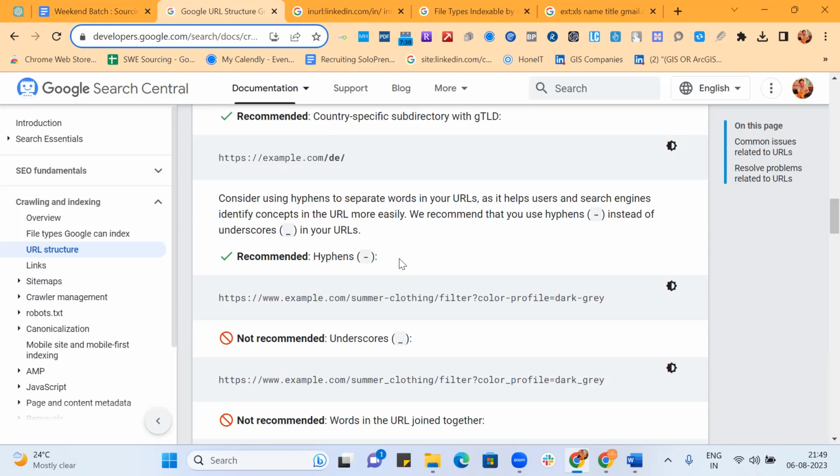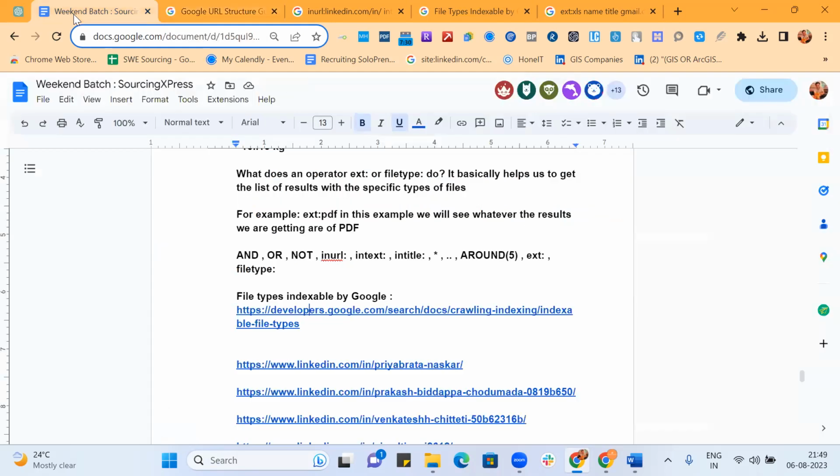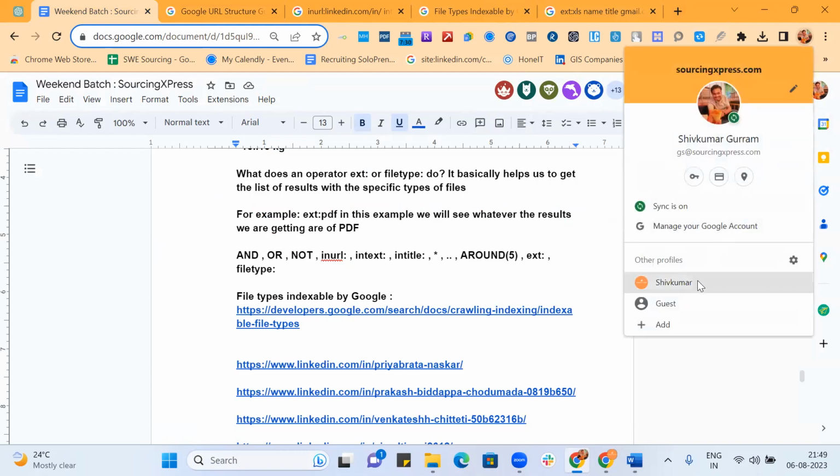So in today's and next session, we have level 2. And once we complete the custom search engine, we have level 3, where you will have assignments, using all these operators, to come up with your own custom search engine. You would be building your own custom search engines based on your needs. When I say custom search engine based on your needs, let's say if I just go to